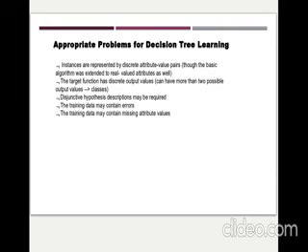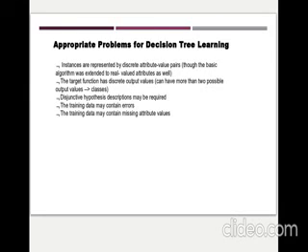So a decision tree classifies each example as one of the output values. The simplest case exists when there are two possible values, for example, Boolean classification. However, it is easy to extend the decision tree to produce a target function with more than two possible output values. Although it is less common, the algorithm can also be extended to produce a target function with real output values. The third one is that disjunctive hypothesis descriptions may be required. Decision trees naturally represent disjunctive expressions.